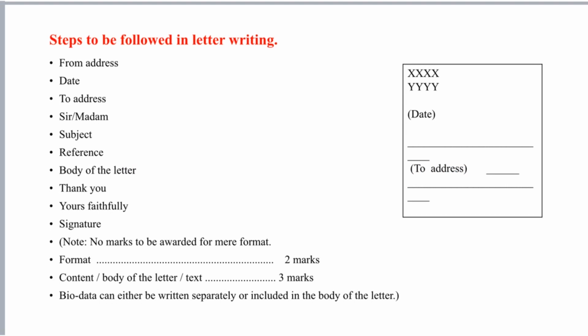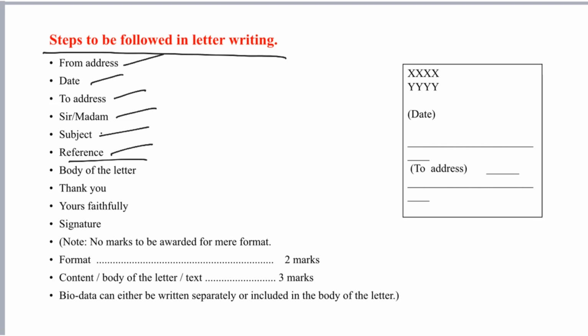Steps to be followed in letter writing. So, what are the steps to be followed? First one is from address, date, then after that the space, to address, sir, madam, you will write subject, then reference. You will write, for example, how you came to know about the post, that is the reference, like I saw it in advertisement, Deccan Herald. So, there you will make a reference, your advertisement published in the Hindu, the Deccan Herald, the Vijayawadi, something like that. Then the body of the letter, you will write, after that this is ending salutation, thank you, yours faithfully,